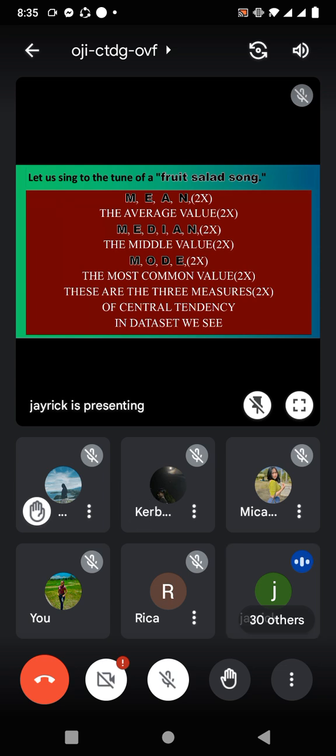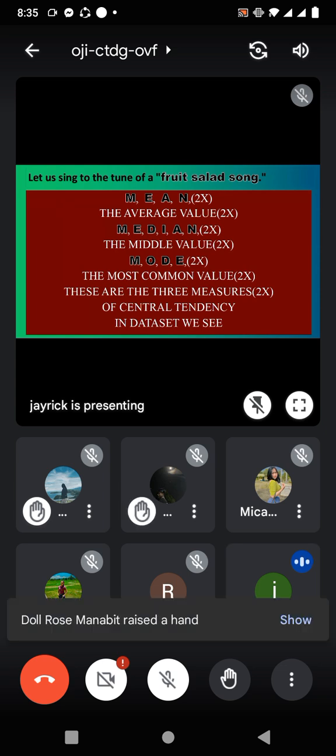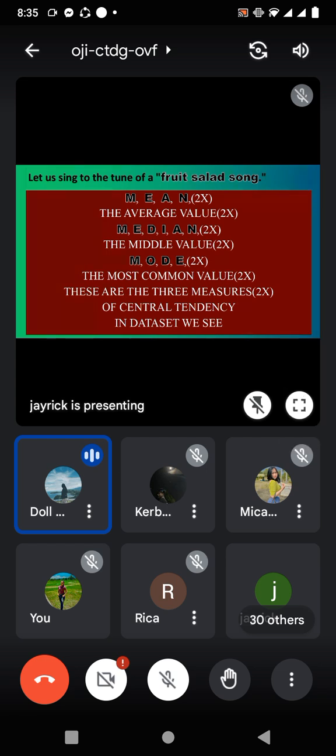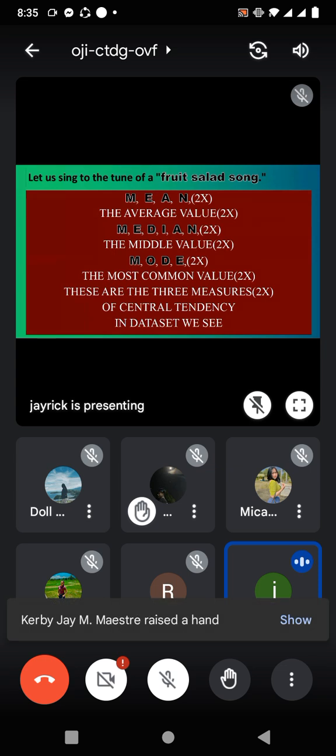Last group. Okay? Let's have Ma'am Dolly Rose Manabit. Okay, from what group? Sir, pwede mo balik sa group 2 gihapon, sir, kay Delia Rose na kauban. Okay, so let's have another group na lang. Take note, if you have one representative from the group, each of the members in that group will receive 5 additional points. Okay po, sir. Okay, thank you, ma'am, for being so participative.